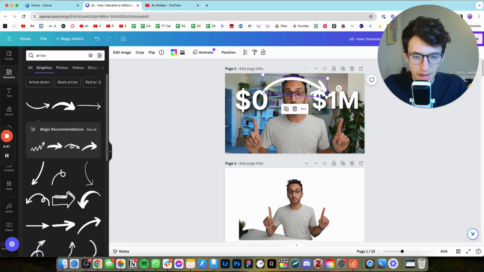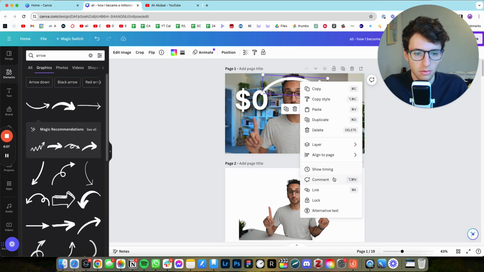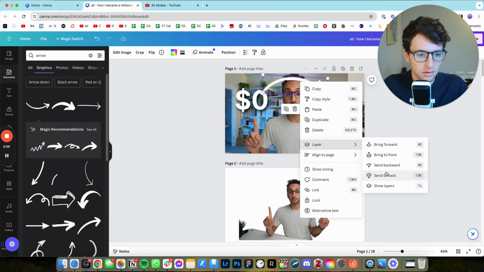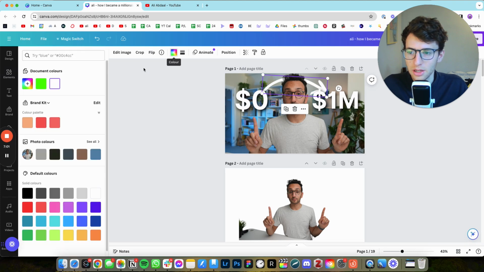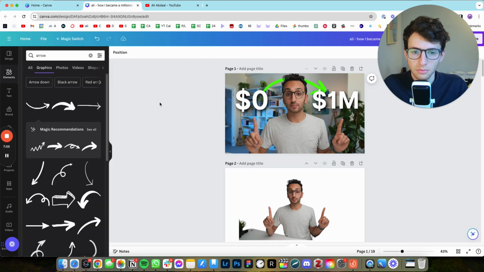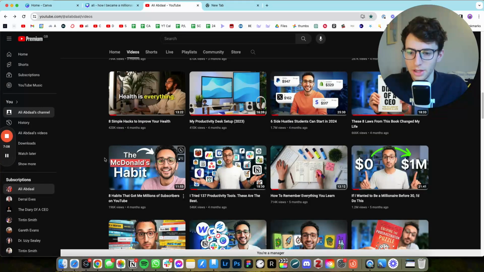Then I'm going to send it back by, the keyboard shortcut is Command left square bracket. So you can fiddle like that. Or you can right click and go layer, send to back. And I'm going to turn it green. And the reason I'm going to turn it green, which I can look at here, is because there